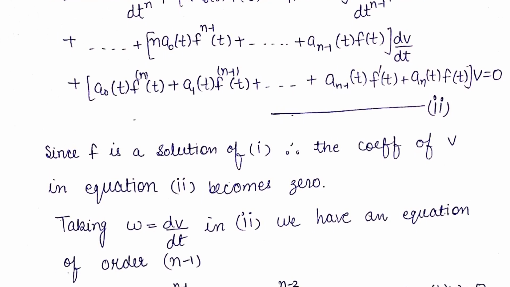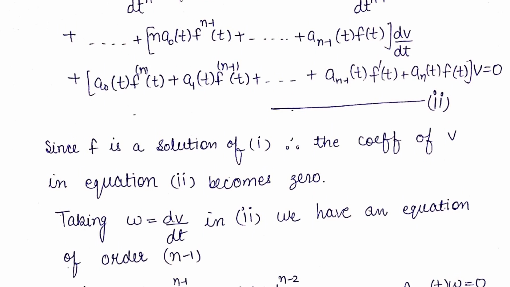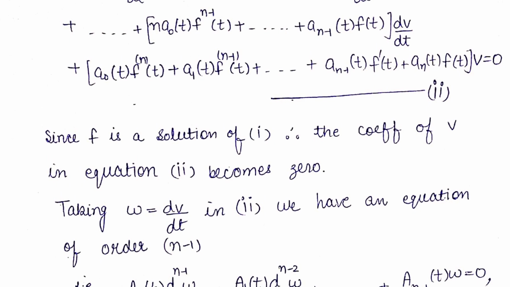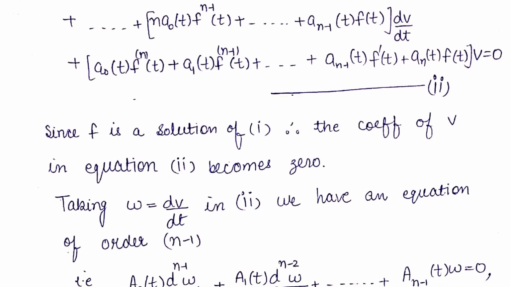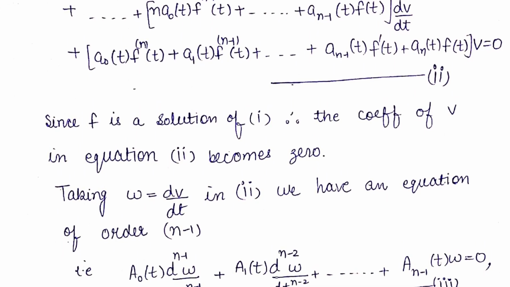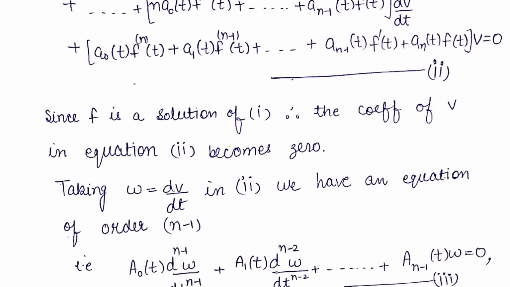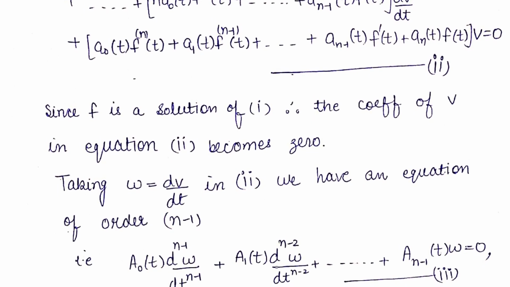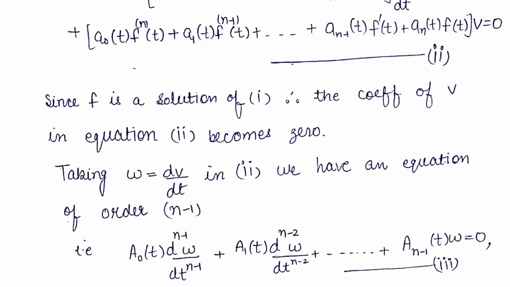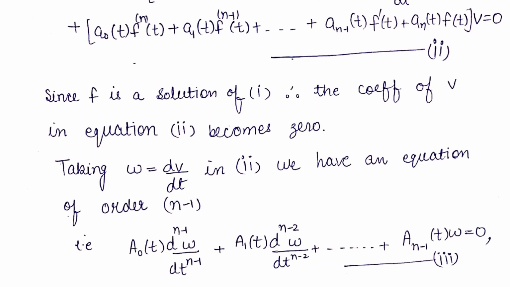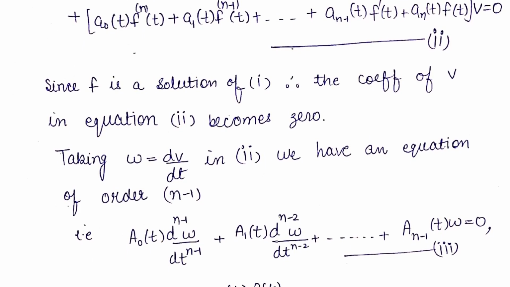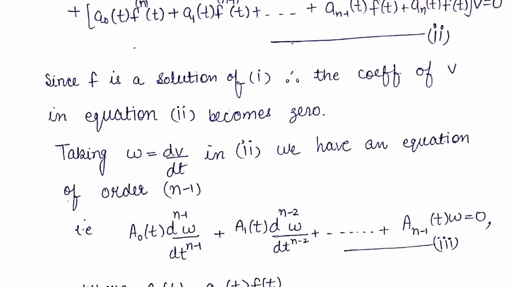And then taking w equal to dv by dt in equation 2, we can get an equation of order n minus 1. We can write that equation of order n minus 1 in the form capital A naught t d^(n-1)w by dt^(n-1) plus capital A1 t d^(n-2)w over dt^(n-2) plus ... plus capital A n minus 1 t w is equal to 0, and we mark this equation as 3, where